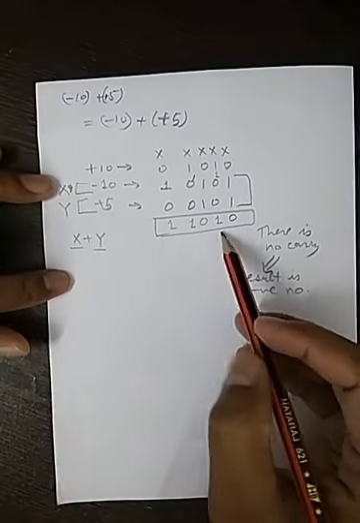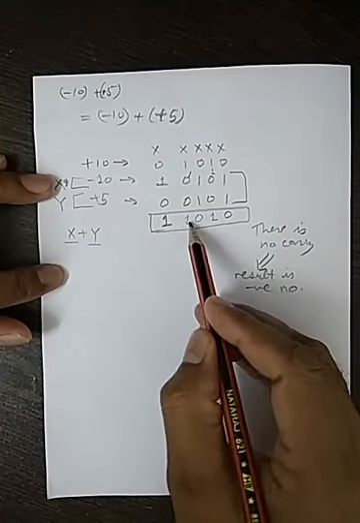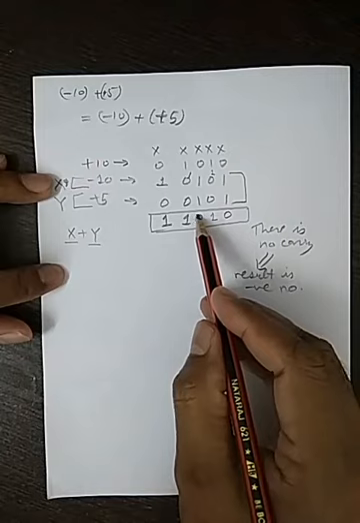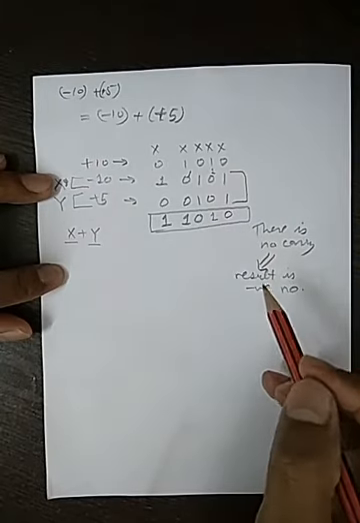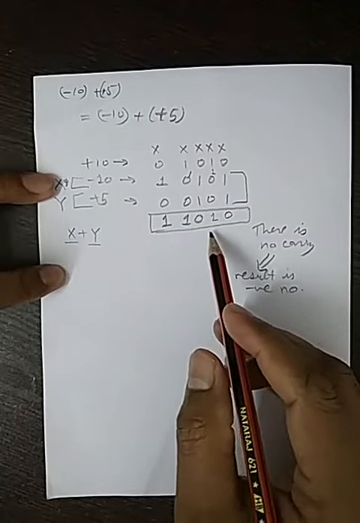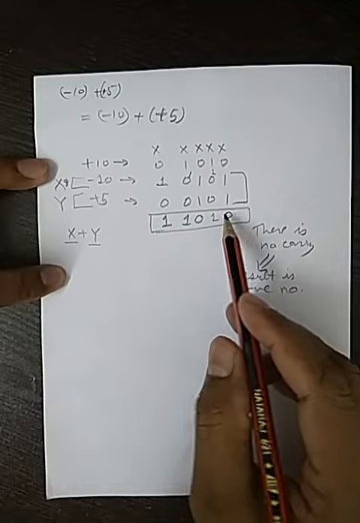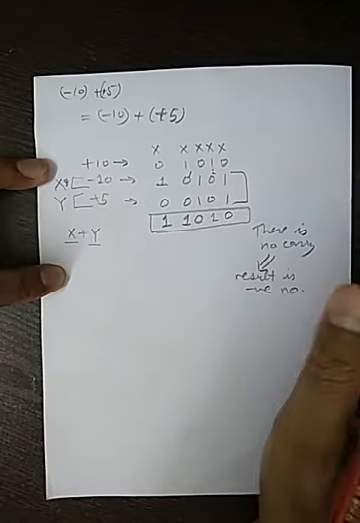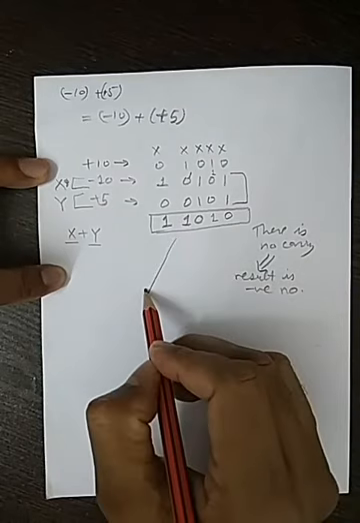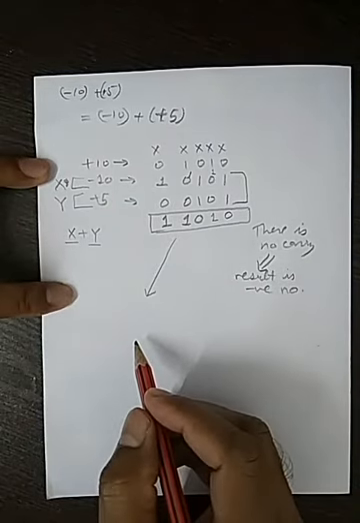No problem. In actual computer system, this number will be stored because it is a negative number and it is 1's complement of the actual number. Okay, so this is the final value. As far as computer arithmetic is concerned, only the computer will do this thing. That's it, finished. For our understanding purpose, I want to know whether this result is correct or not, I want to find out.